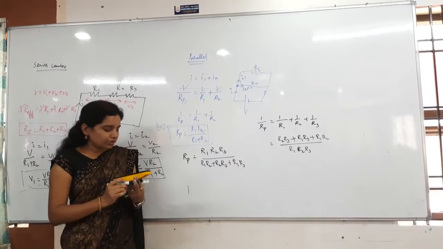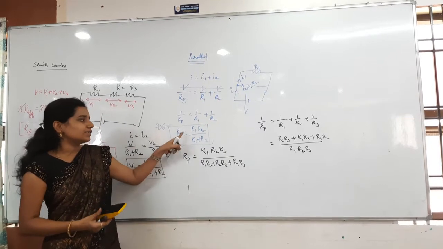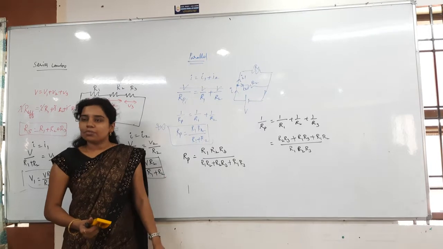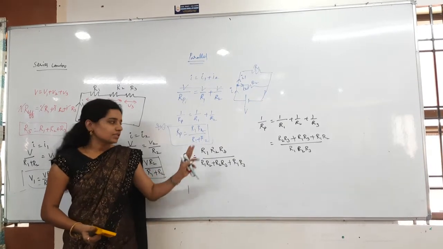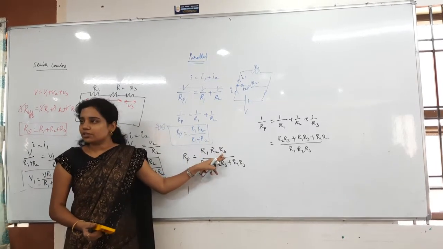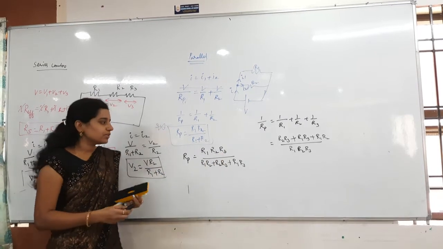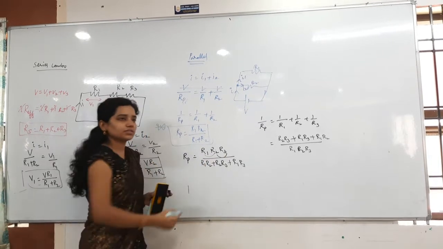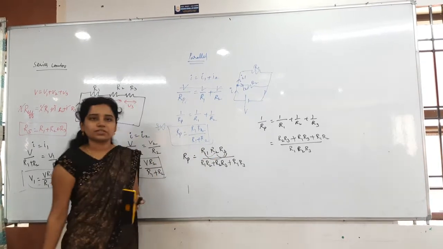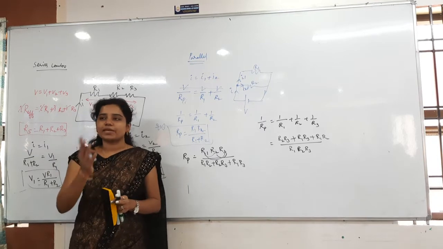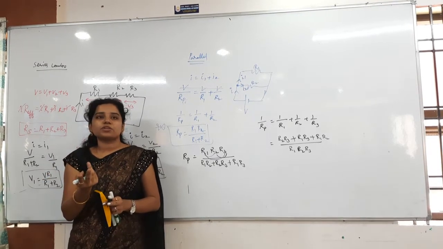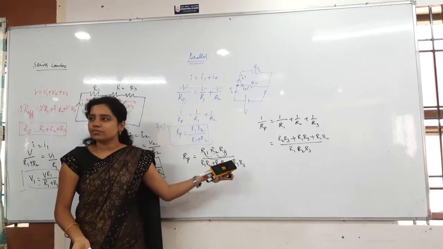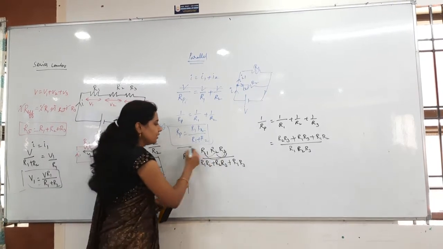To remember this, first of all, R series is nothing but R1, R2 by R1 plus R2, that will be very easy for us. But whenever you take the 3 resistors, again the multiplication of 3 should be in the numerator. Now what you will do is just make an order: 1, 2 first of all, and then 2, 3, then 1, 3 next. That's it. You have to cover all the pairs. 3 are there, so how many pairs are possible? 3 pairs are possible. So that is why I made 3 pairs. Clear? That is how you have to remember it for 3 resistors.